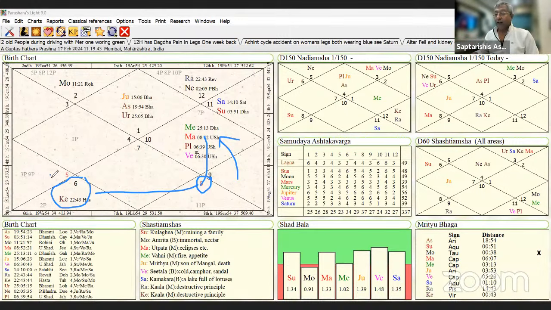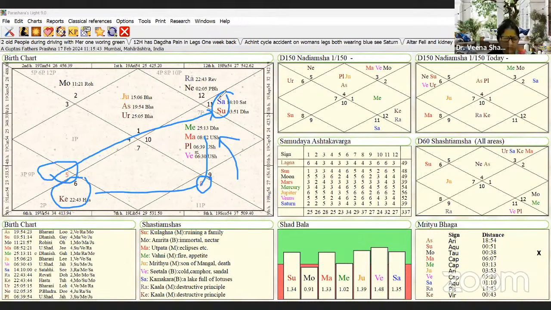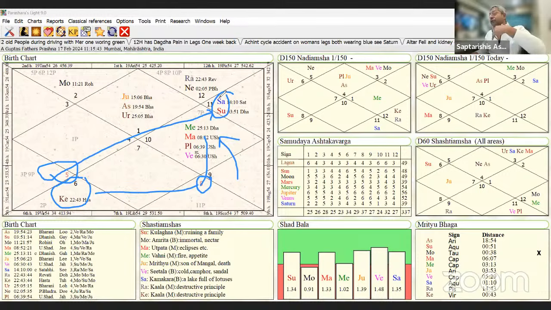Why father? Another Dagdha Rashi is Leo 5th house. That is going here with Saturn, sir. Are you getting it? And Ketu also always reduces, makes it lesser and lesser. So this native's very true. This native's guru or father's guru has said that you will not live more than a year.